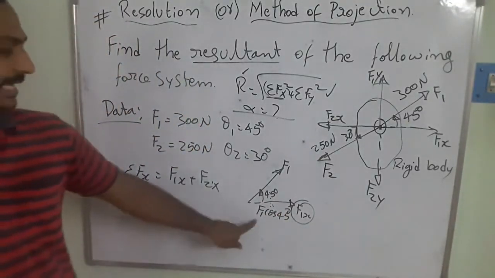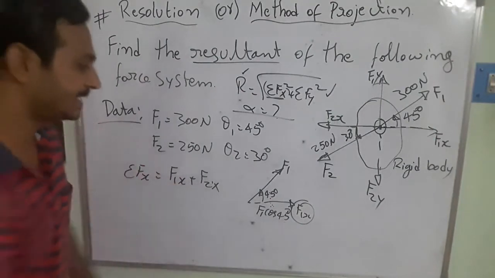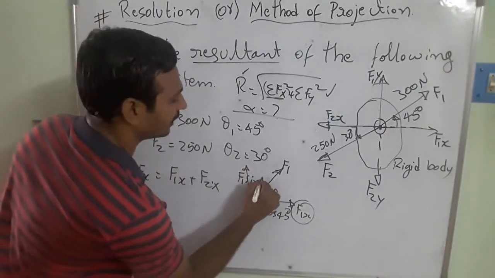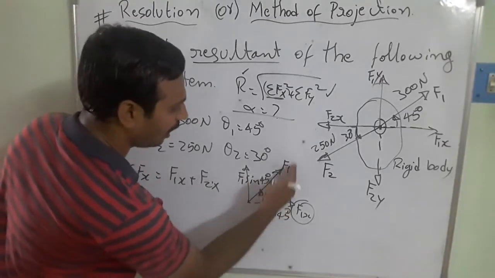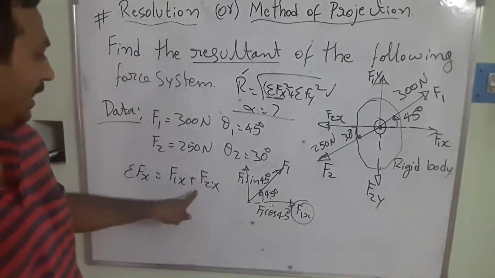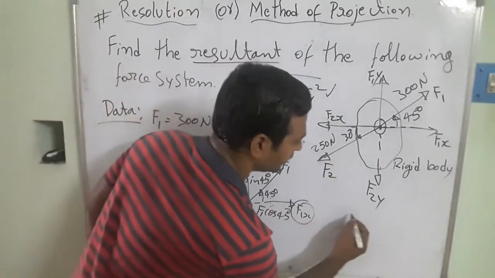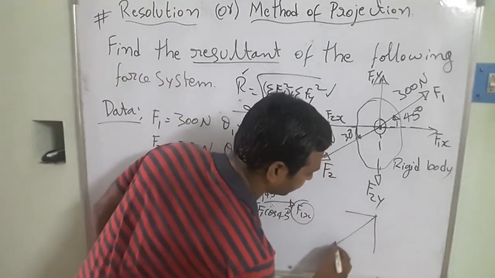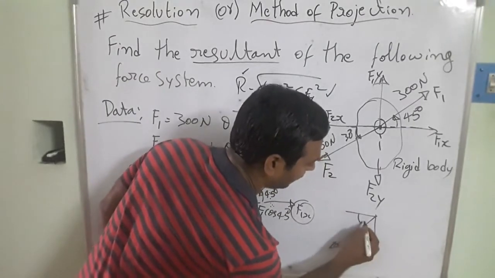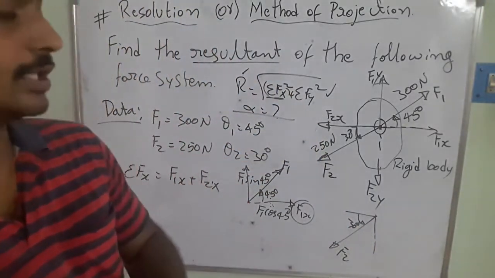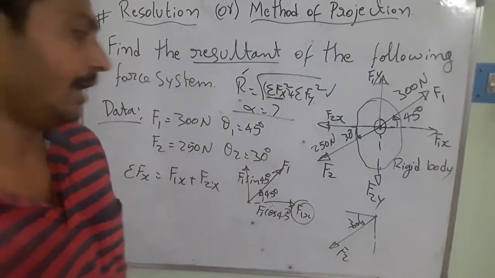If I am going to be taking the F1 cos 45 degrees, this vertical component is going to be F1 sin 45 degrees, because this is the opposite side of this part. So F1 we got it. F2, how could you calculate? Because this force is acting towards this side. This is the F2 and it is making 30 degrees. So we need to resolve this force into horizontal as well as vertical components.